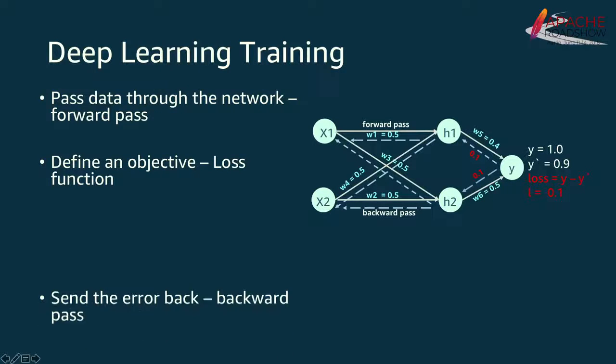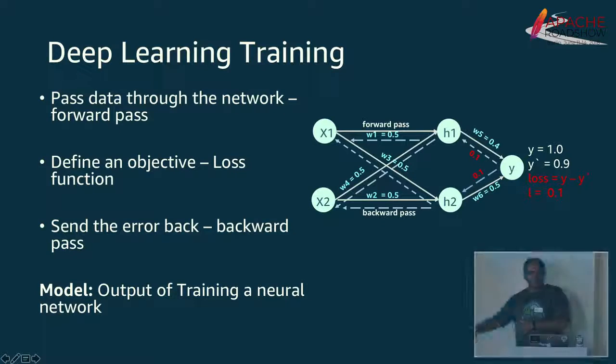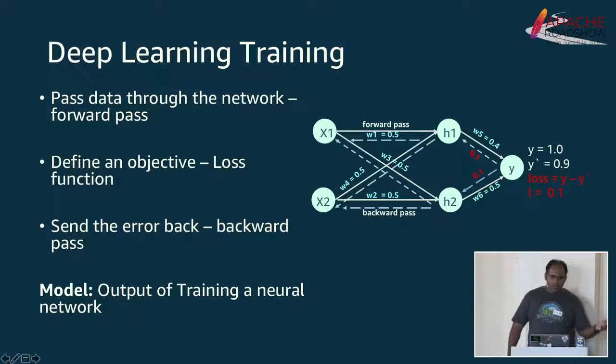And if it doesn't meet that, we take a loss function and propagate the error back, updating the weights by taking gradients of each of the weights. This is where the learning happens. We do this many, many times until the objective is met or the desired accuracy is met, at which point in time it gives us a model, also called a pre-trained model.